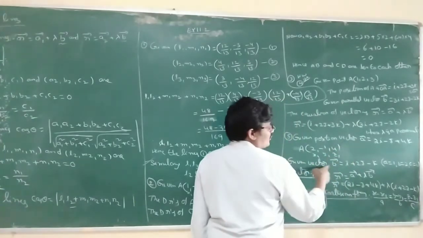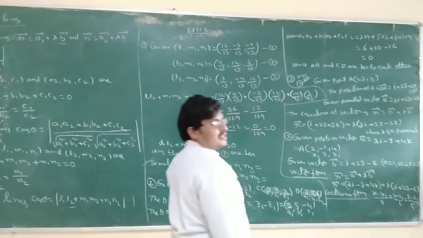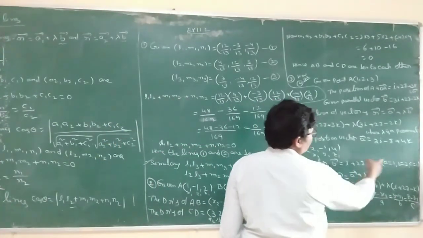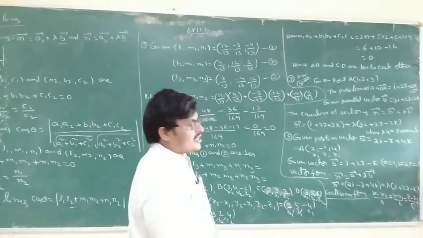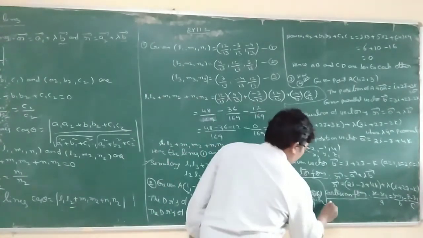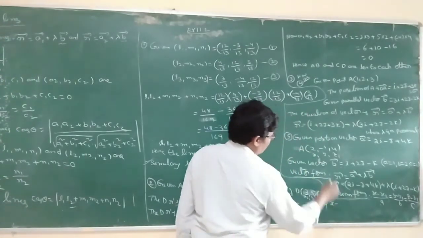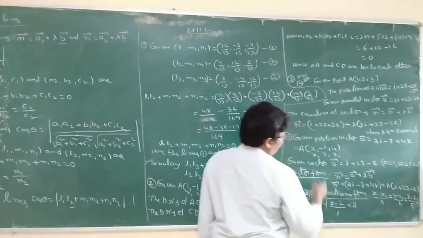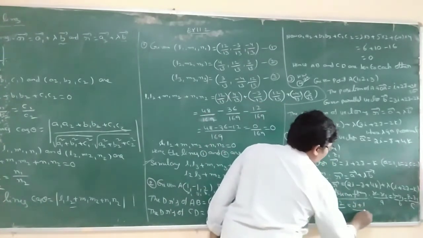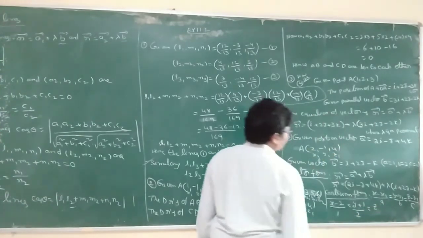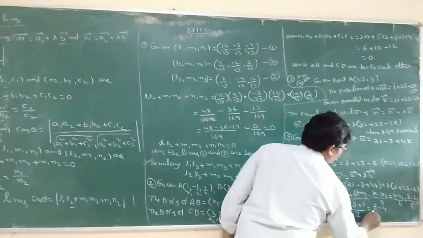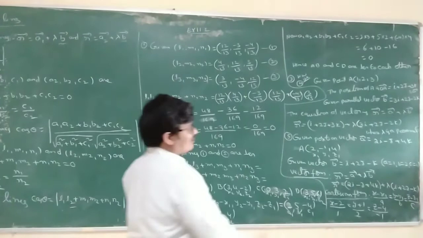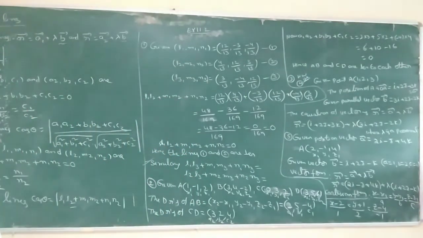The position vector is nothing but a point, and the parallel vector is nothing but the direction ratios. Any vector's coefficients a, b, c are the direction ratios. So x minus x1, here x1 is 2, by a, which is 1, is equal to y minus y1, that is y plus 1, by b, which is 2, is equal to z minus z1, z1 is 4, by c, which is minus 1. So this is the vector form and Cartesian form. Very important 2 marks question.